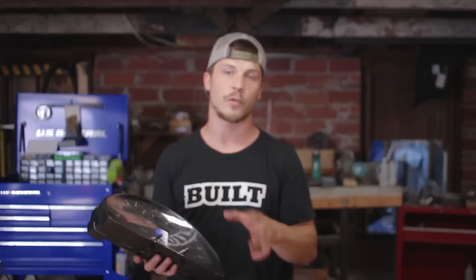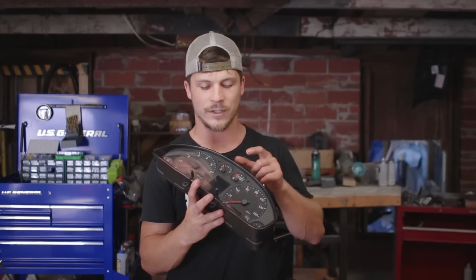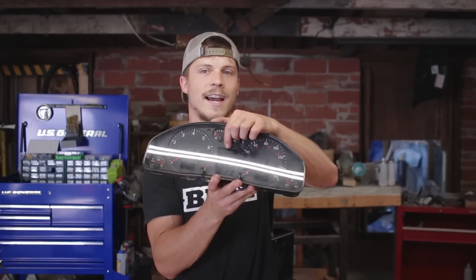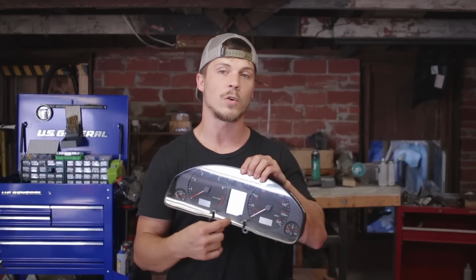Now, what Propulsive does is a lot of Audi stuff, a lot of German car parts. It's actually a guy named Sasha who's from Germany himself. And one of the major things that he does is replace these little screens inside of gauge clusters. If you have an Audi or a Volkswagen, you have one of these screens, and if it's old, it's probably